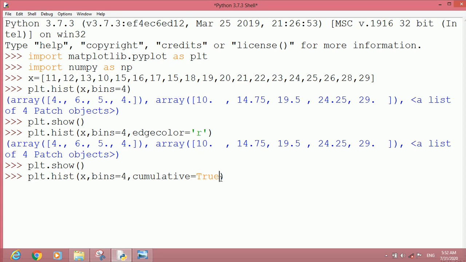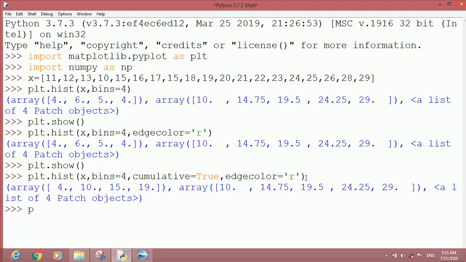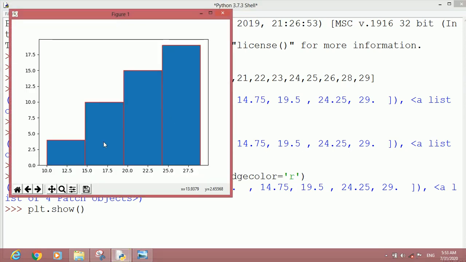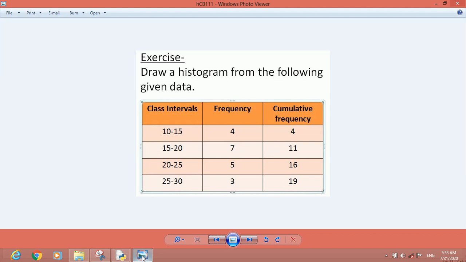Cumulative equal to True, comma, edge color equal to red. Okay, now you see the cumulative data bar graph. plt.show. See now in this, the previous data items have been added.